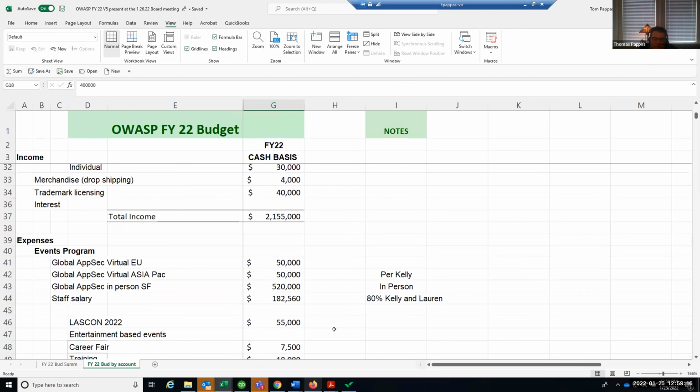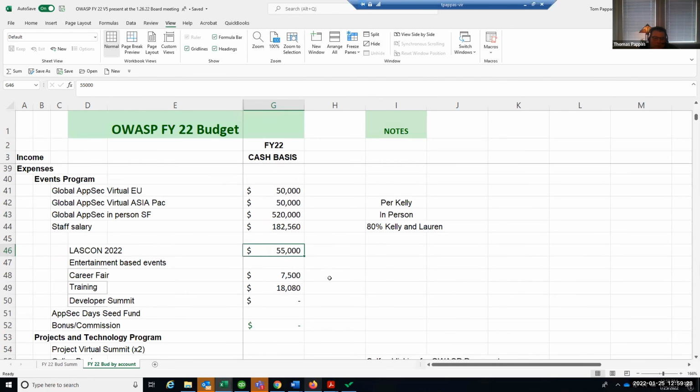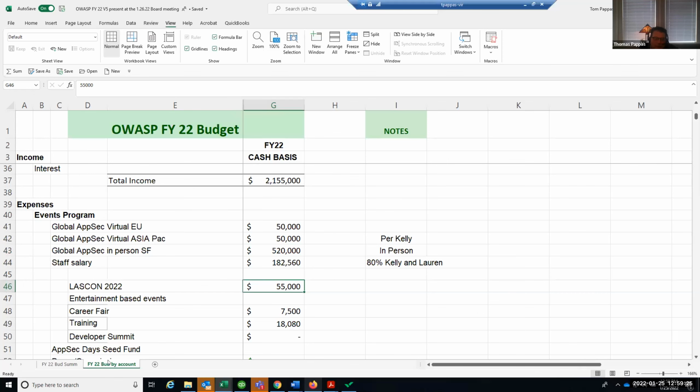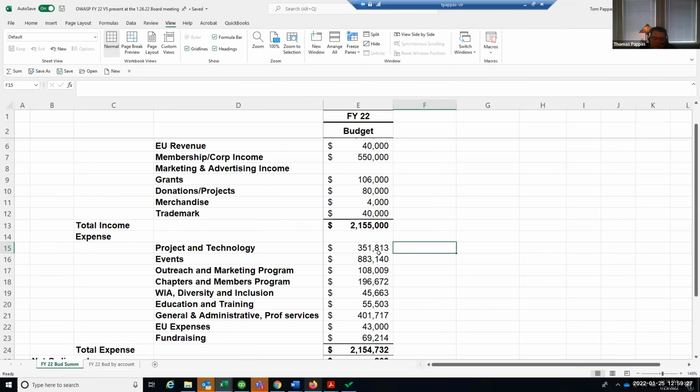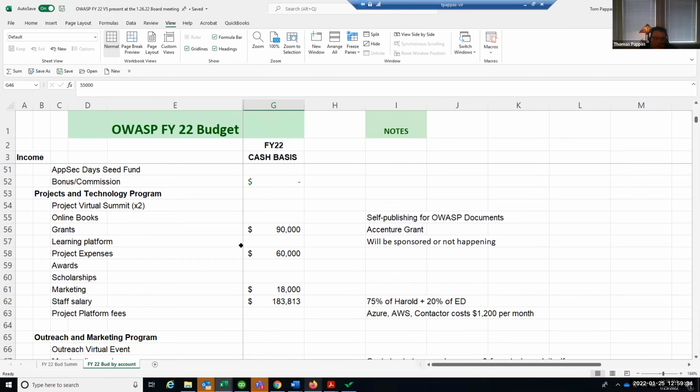So they've been vetted. You can see LastCon. We have staff time that's associated with the events. So the total event expenses are about 883 for 2022. For projects, again, this is the grant that we would have to fulfill if we get it from Accenture. So the net income would be $10,000, which would be our 10% admin that we would take out of the